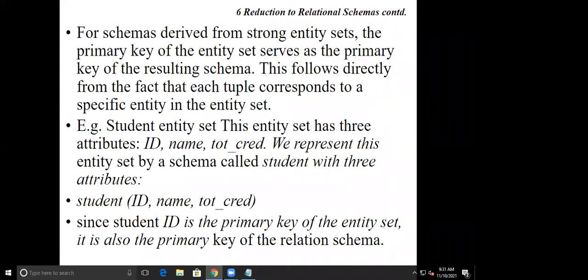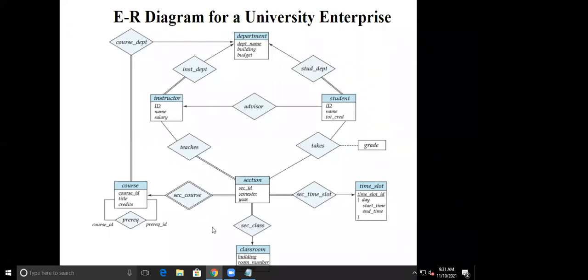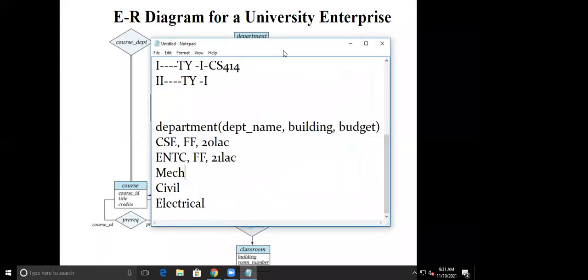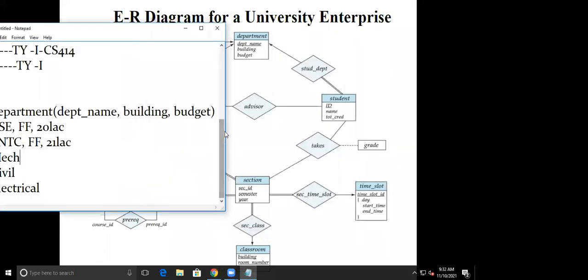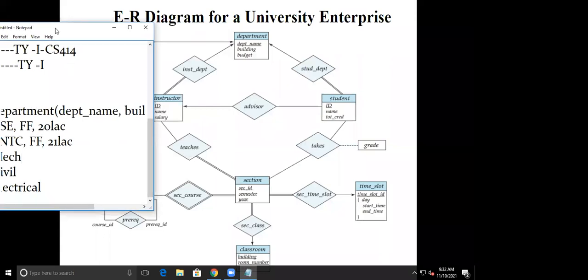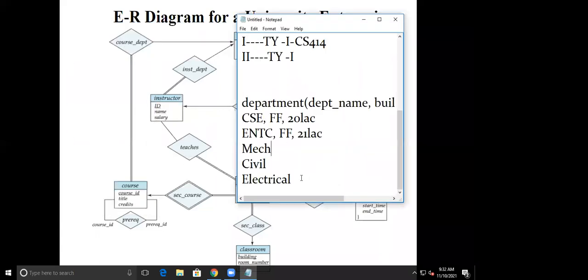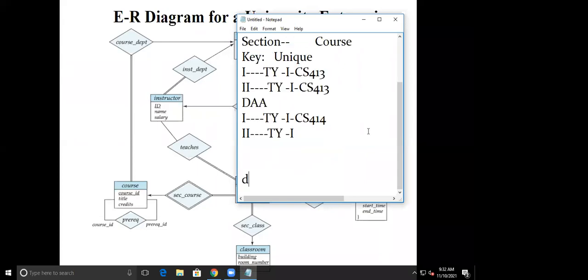Similarly, we can derive the relation here. Just like for the department, if I give these attributes, you can help me go for other entities. So I have an instructor entity. Within the instructor, I have ID as one attribute, then name as another attribute and salary as another attribute. Then this will form my relational schema of the instructor.